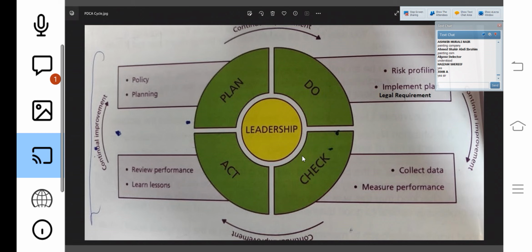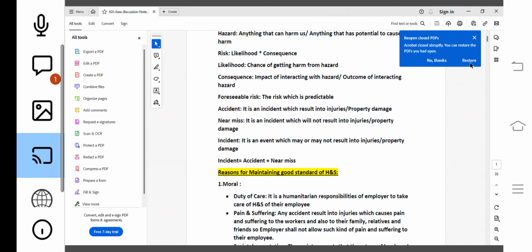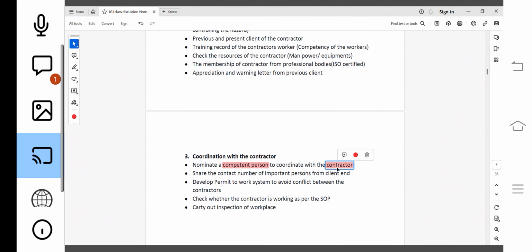In the same way, it happens in the industry also. When the contractor comes, one person will be appointed to take care of the contractor. If there are multiple contractors at the client location, like Aramco in Saudi Arabia, which has lots of contractors working, there is also a project management consultant, PMC, or PMT, project management team.